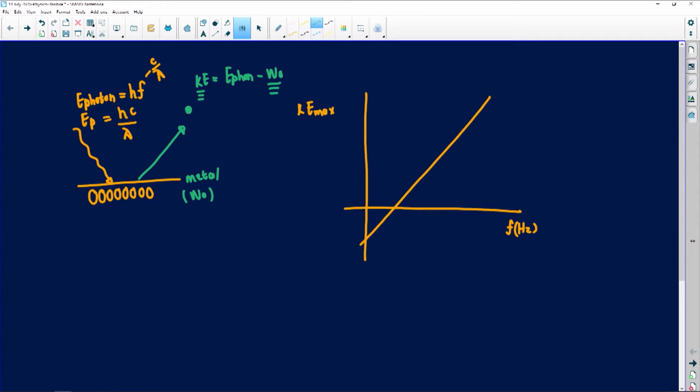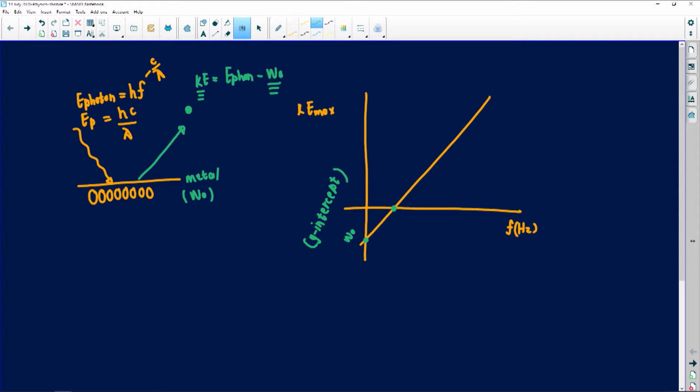What this technically means, if you're looking at this graph, here I've got a y-intercept. On this y-intercept, this will give me my work function. This is the minimum amount of energy required by the metal. And this we get on our y-intercept. Now remember, the y-intercept is when x is 0. This is what we get from mathematics. Where it cuts the x-axis,